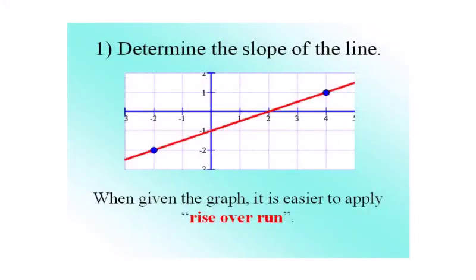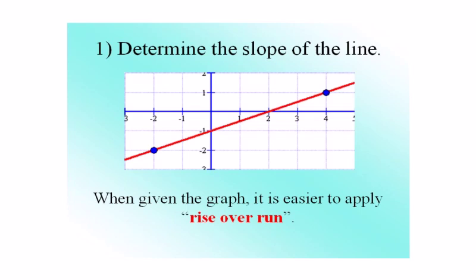So when we're trying to determine the slope of the line and we're given the graph, it's easier to just use rise over run versus the formula. You're definitely welcome to use the formula, and we'll see the formula and how to use it in a little bit. But basically, if you're given a line like this,